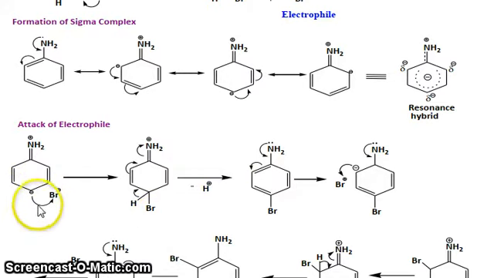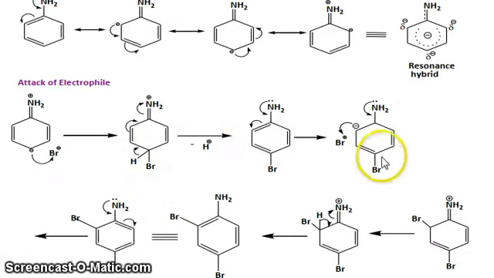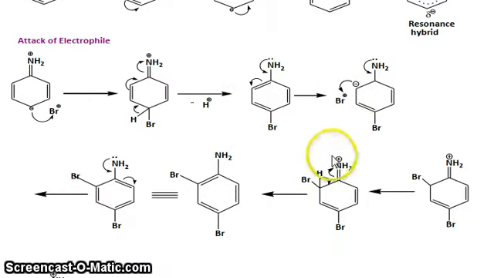You see how Br plus is approaching, and then the breaking of these bonds, you can see, and then the attack of Br plus at the ortho position, and then you can see